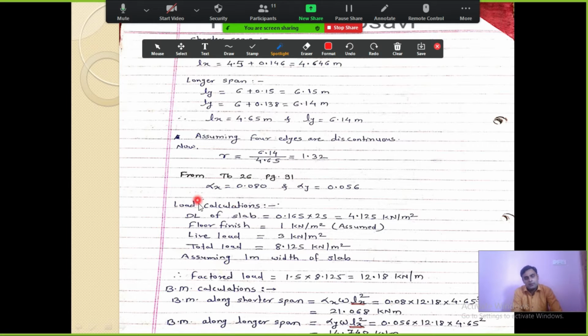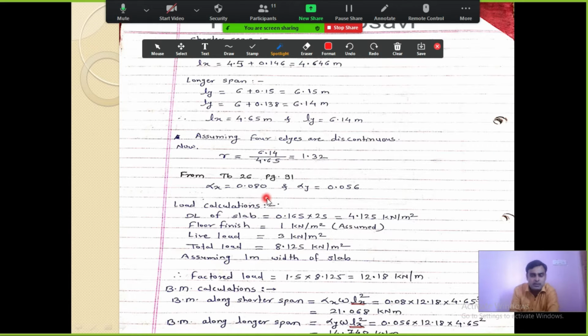We have calculated the value of alpha x and alpha y. We have assumed that all four edges of the slab are discontinuous. If any statement is given in the exam among those 9 conditions given in the IS code, accordingly you choose your row and column from where to take the value of alpha x and alpha y.